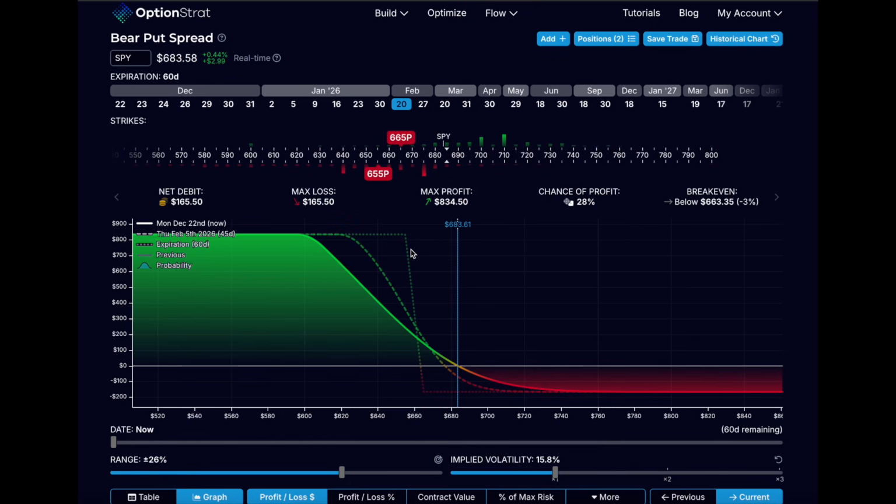Okay, so I want to move into the option strat software where I have this exact same trade populated in the charts tab here. We're long the 665 strike put and short the 655 strike put in the February 20th, 2026 options expiration cycle for a debit of $165. And we can see here that the max profit is roughly $834. And we know that we aren't so concerned about that because the odds of holding this thing until expiration are very small. What we're more concerned about is this T+0 line